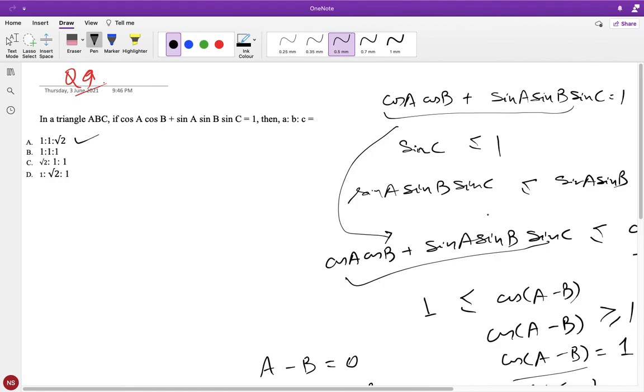I thought this was tricky because if you do not start with this, you will not be able to solve this problem. Okay, so we are done with trigonometry, and we will either do